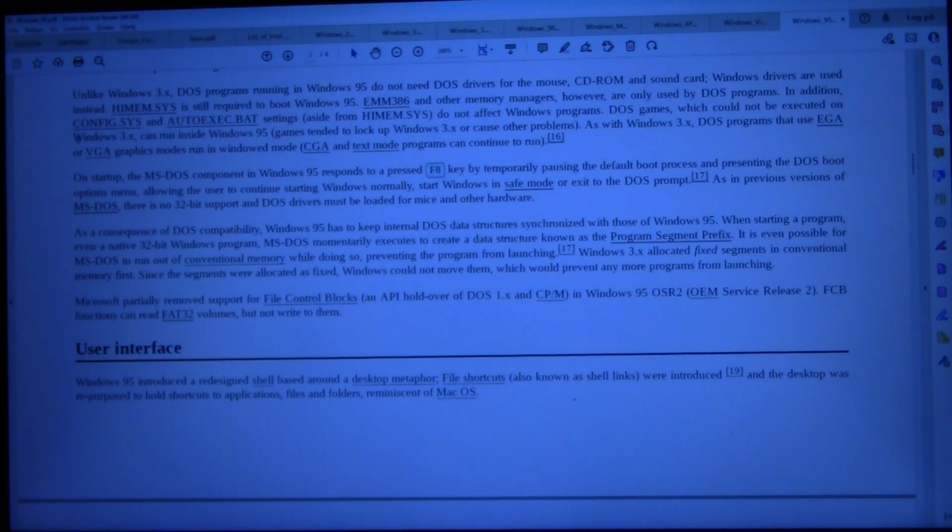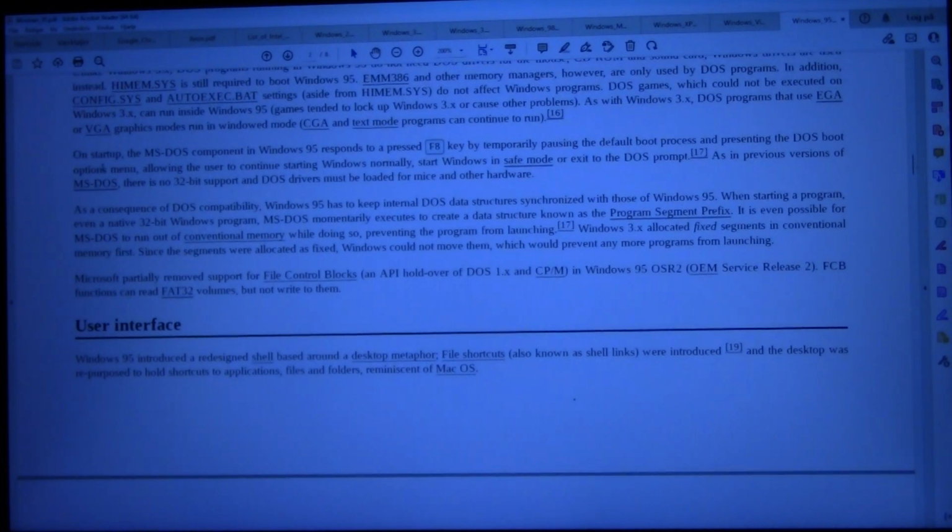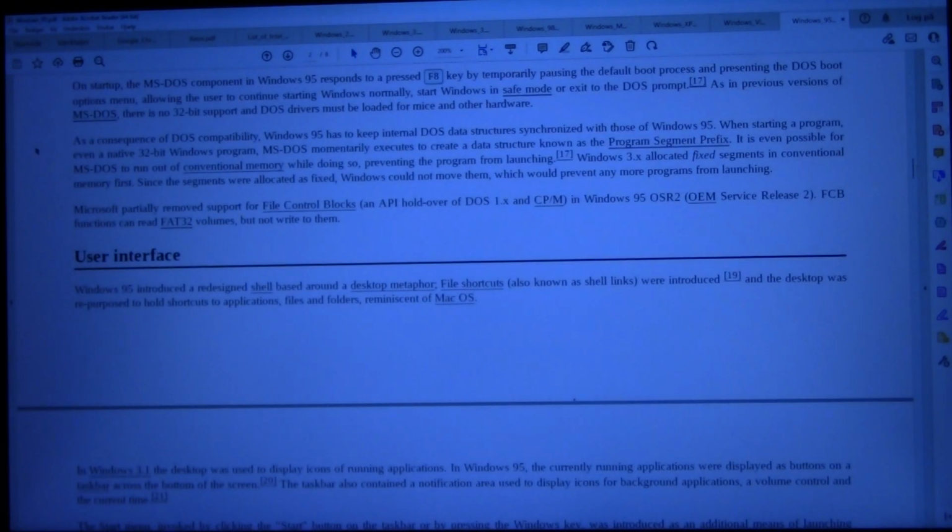On startup, the MS-DOS component in Windows 95 responds to a pressed F8 key by temporarily pausing the default boot process and presenting the DOS boot options menu, allowing the user to continue starting Windows normally, start Windows in safe mode or exit to the DOS prompt. As in previous versions of MS-DOS, there is no 32-bit support and DOS drivers must be loaded for mice